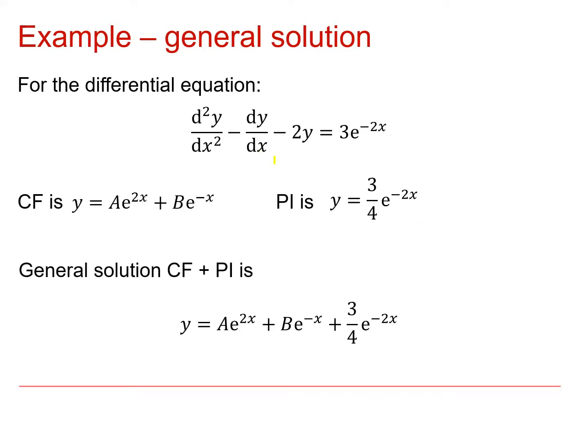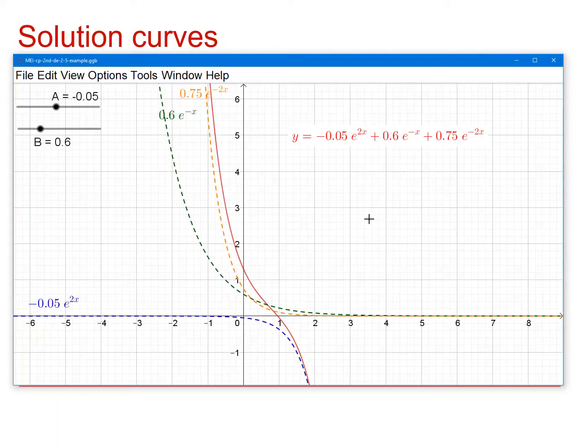So if we want the general solution to this differential equation, we know the complementary function. This differential equation we've done a number of times now. That's the complementary function, and there's the particular integral, and of course the general solution is the complementary function plus the particular integral. So we're going to have a look at a dynamic plot of this curve, and in fact